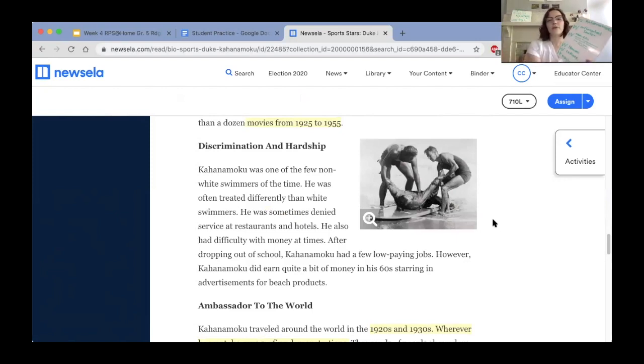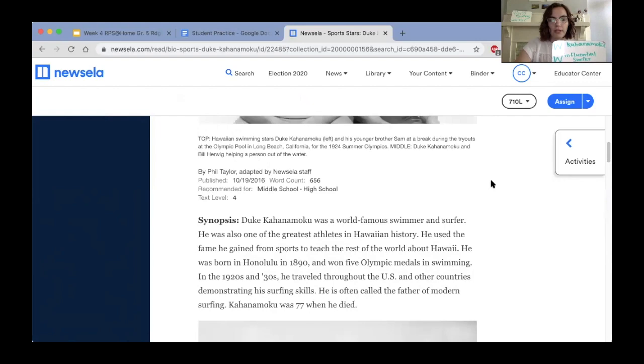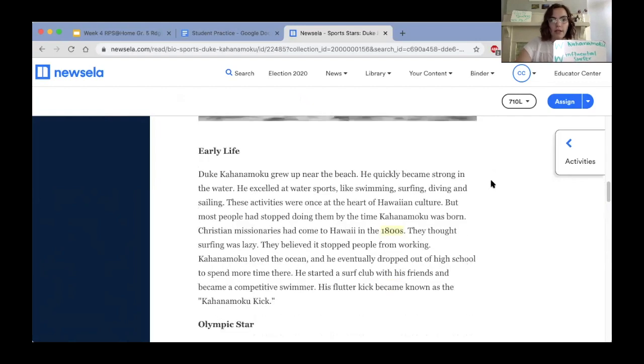Okay, for our summarizing strategy with the 5 W's and 1 H, who is really simple. We usually find this within the first paragraph or our title. And for us, right there, Duke Kahanamoku. For our what, this can also be found pretty early on in your text. And for us,